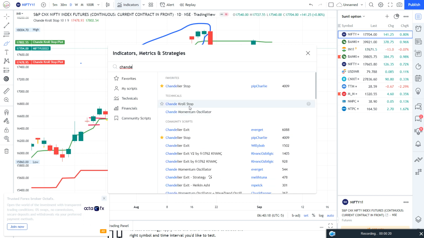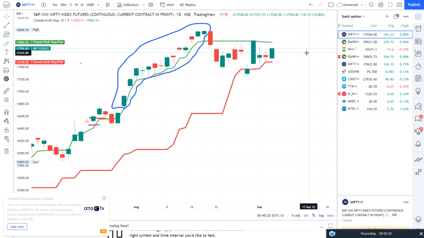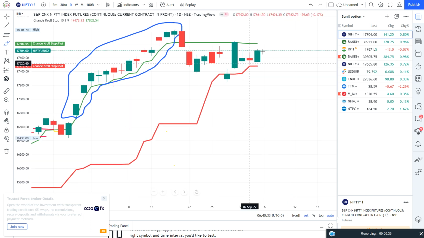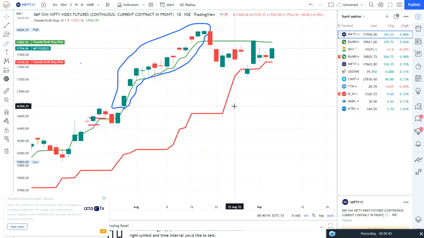Chande cross tops. I have already added this Chande cross tops. Now I have changed the color of this upper channel to green and the lower channel to red. You can also notice, friends, when price moves between these channels, then we can get good movement, right? We can get the big green or red candle, but we can't get the smooth movement, right? We can feel sleepy when price moves between this channel.